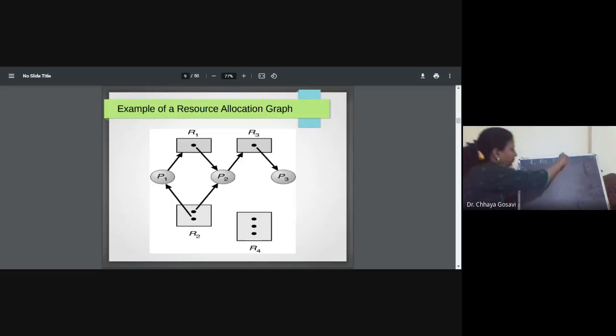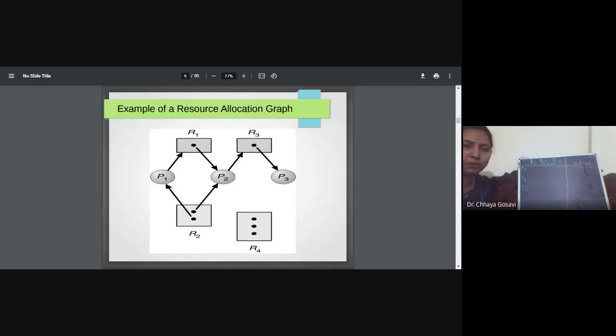So, max and allocation. This is the maximum requirement of P1. With this resource allocation graph, can you write this matrix?